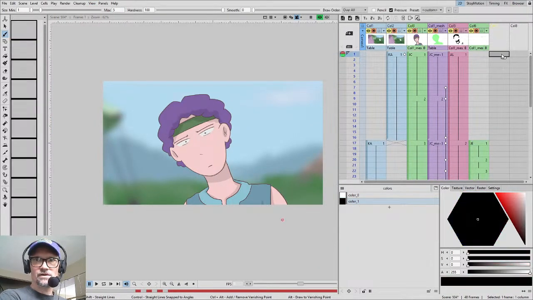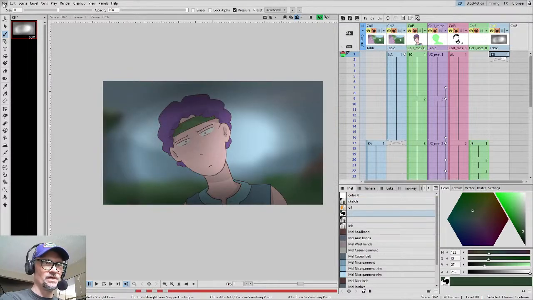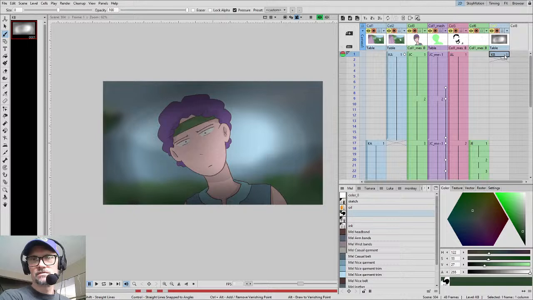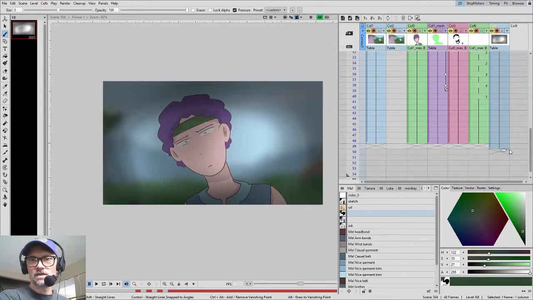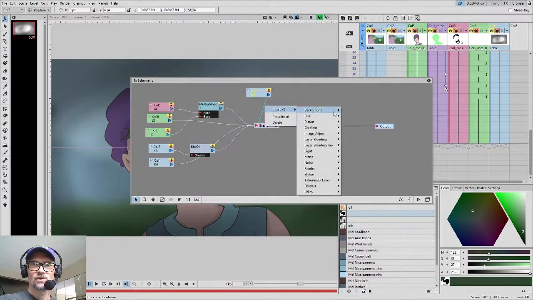Go back to here and just hit Control V. So now that's going to paste the gradient in from Krita, and I'm going to save all. That way Tahoma will make a magic backup of this level. And then we're going to do the same thing in Tahoma Manage by taking column 7, and we're going to